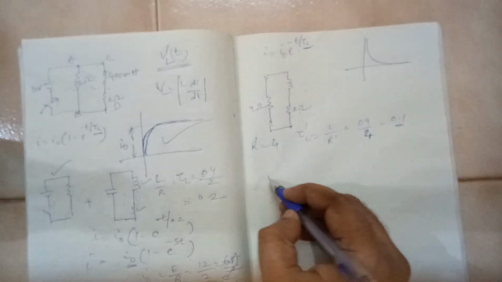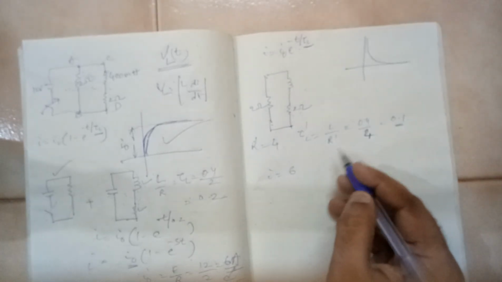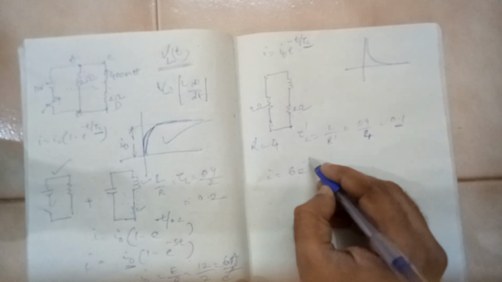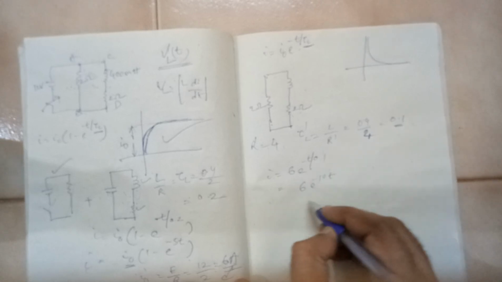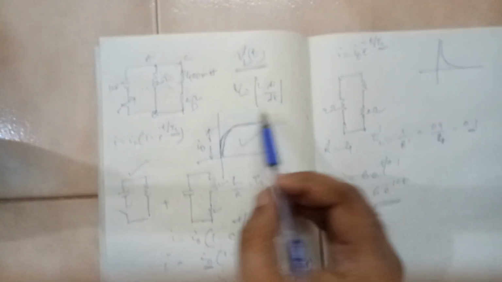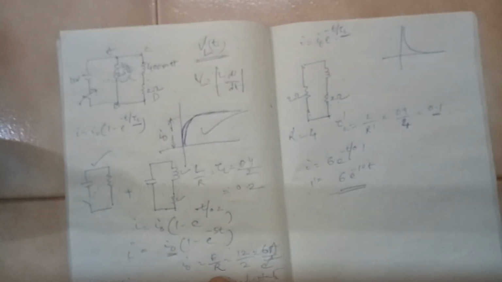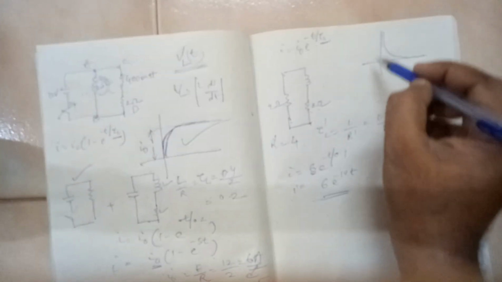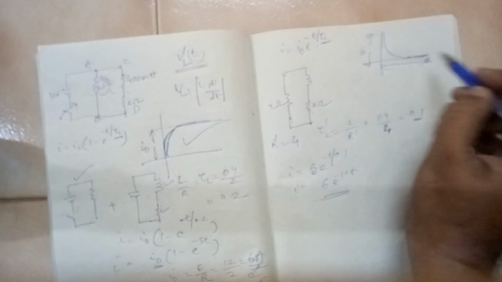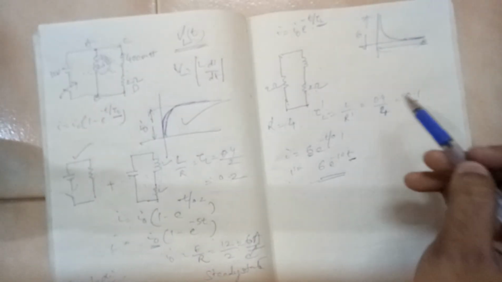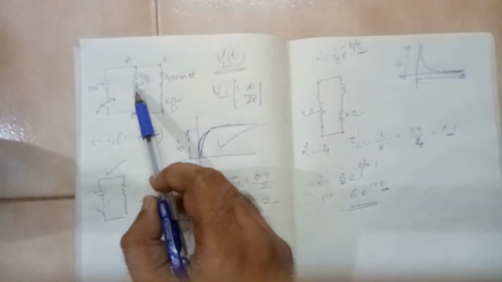So in this we need to put I equal to I0, which is 6 amps, into e power minus t divided by 0.1, or it is 6 into e power minus 10t. This is how the current across this resistor will vary, actually decrease from 6. From 6 it will gradually fall down to 0. At any particular instant of time you can measure how much current is flowing through this particular resistor or even this resistor. Alright, so this is the procedure to find it out.